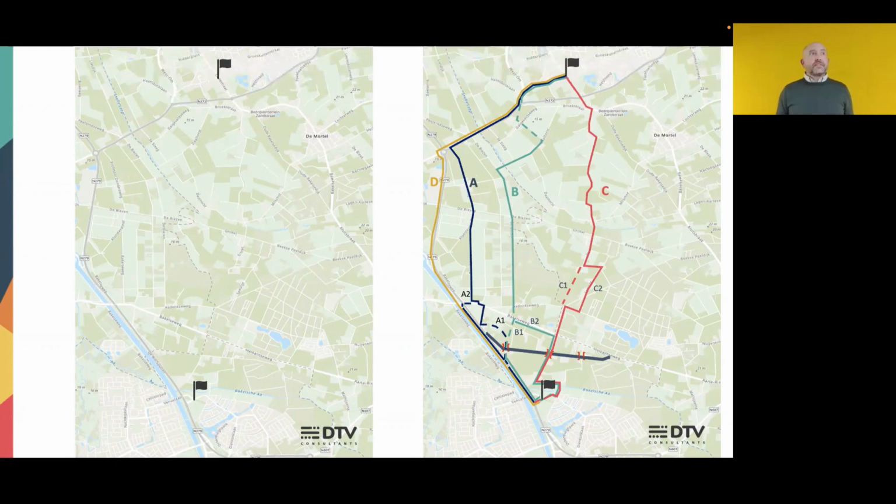First step there, and perhaps you can imagine this, when exploring a route, several options could be conceived. These four were conceived with some variants, with an A1, a B1, a B2. So basically, these really connect the two black flags. In the end, you should be able to follow this. So D, A, B, and C. And the question there is, okay, what is the best one? And there are pros and cons to each alternative.